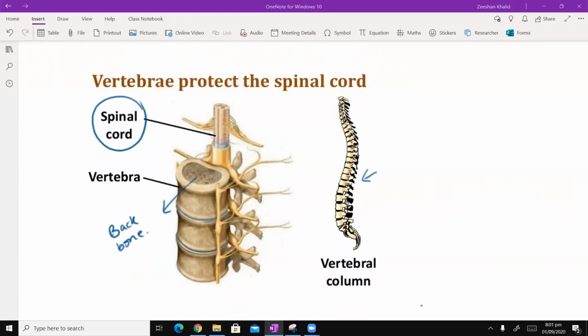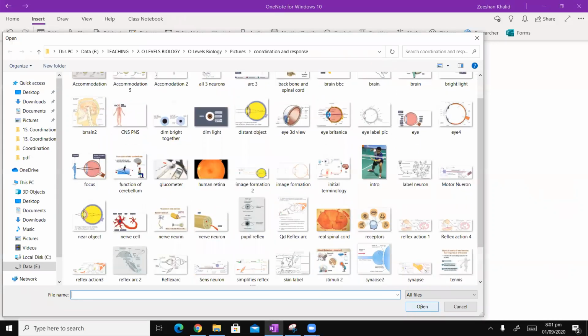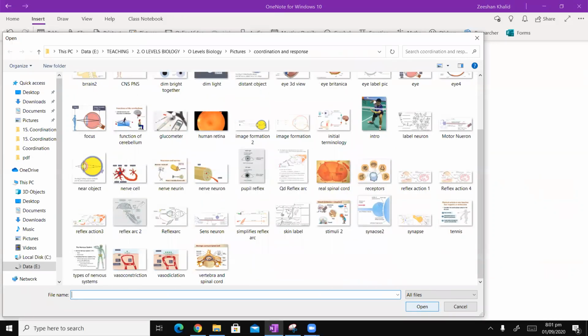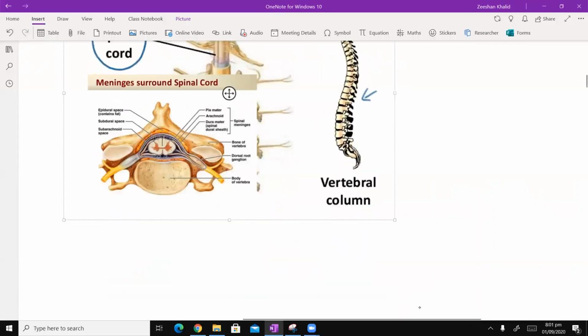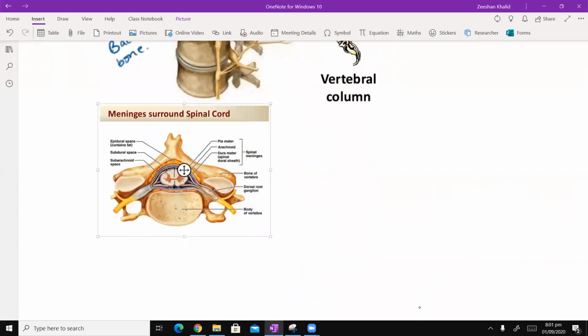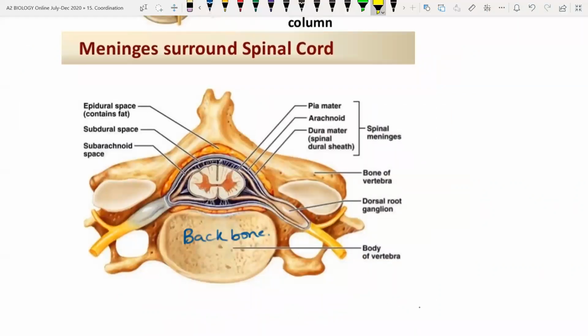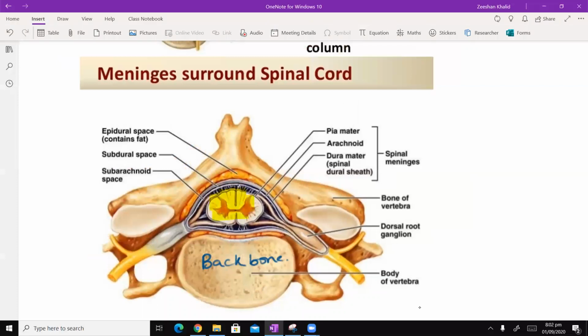Let me show you another picture that will reinforce this idea. Yep, here it is. अच्छा, इस पे बाकी खौफनाक लेबल्स हैं, उसको आप फिलहाल इग्नोर करें, लेकिन मैं जो आपको दिखाना चाह रहा हूँ वो ये है. This is the backbone. ठीक है, और ये बैकबोन के बिल्कुल पीछे ये सारा एरिया जिसको मैं हाईलाइट करने लगा हूँ, I'm highlighting as yellow. All of this is the spinal cord. You understand? So it's different from the backbone.